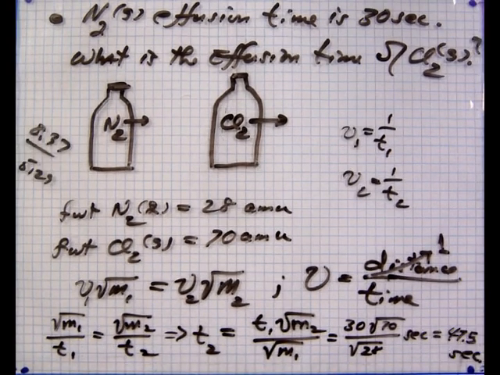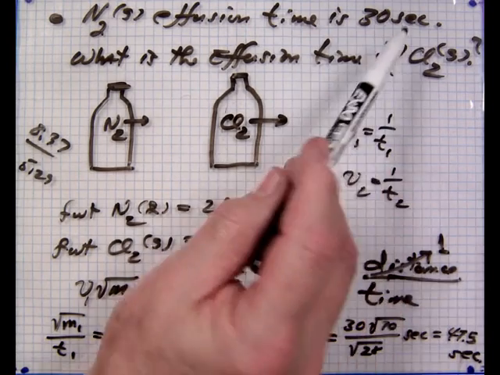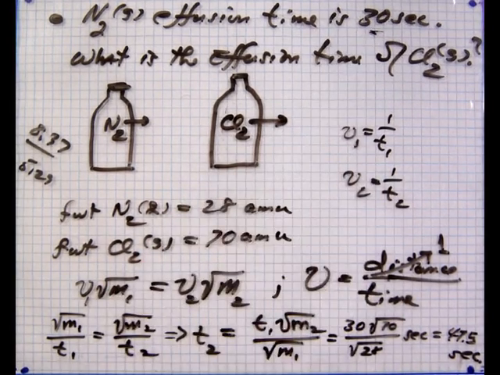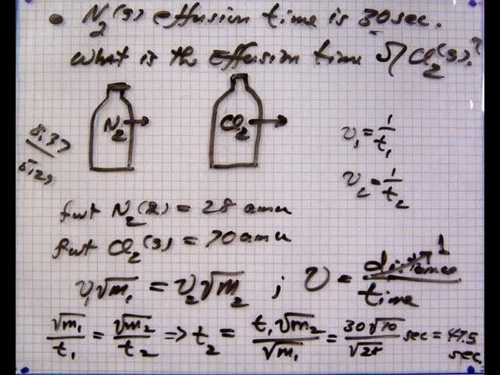Okay, it says 47.5 seconds. Well, the effusion time for the smaller particle is 30 seconds, so this makes sense relative to increasing the mass, and getting a bigger particle takes longer to leave the